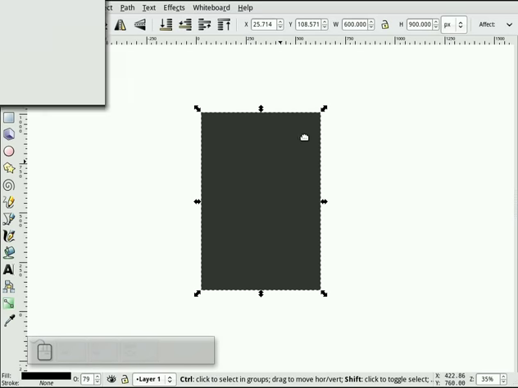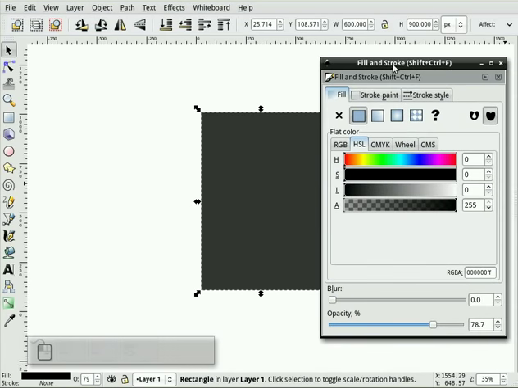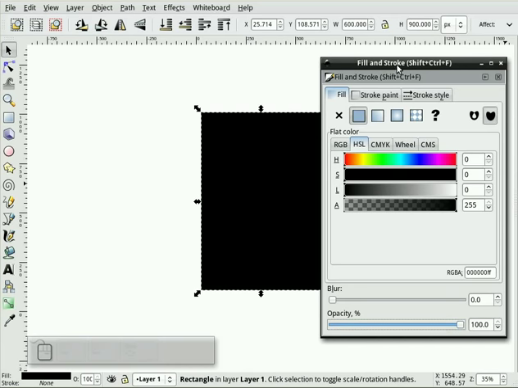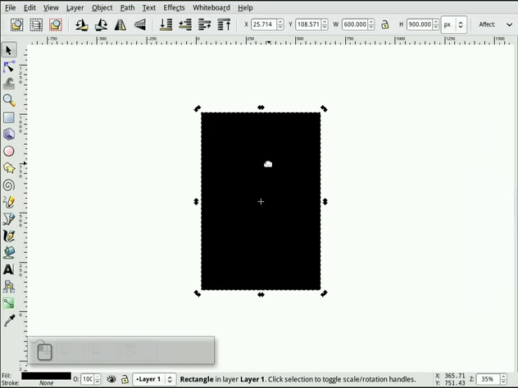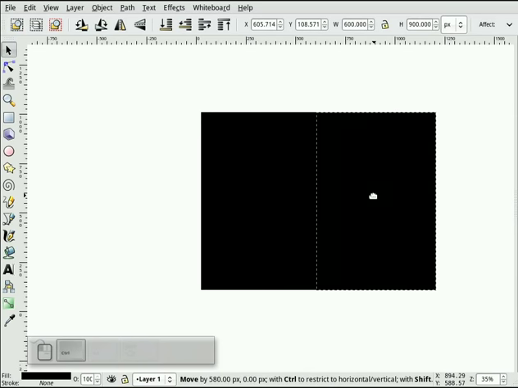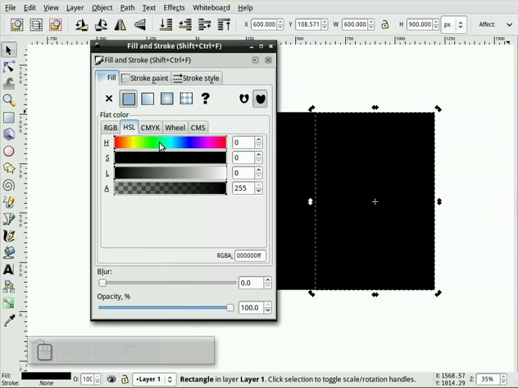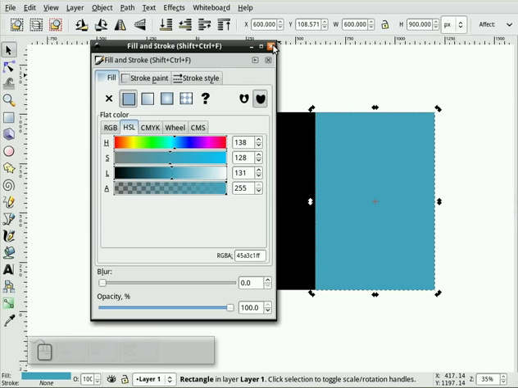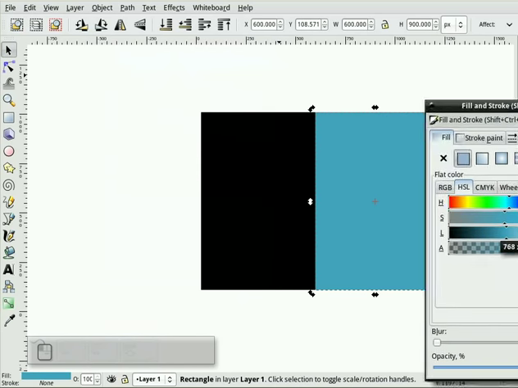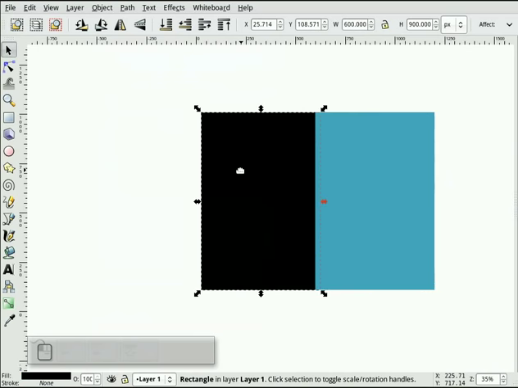black. Bring up the fill and stroke dialog box, and I will make one fully opaque and black. Okay, and I'll just hit Control-D, create a duplicate of it. You can see here. And I will make that one a different color. Any kind of blue we want for now. It doesn't really matter. So we'll